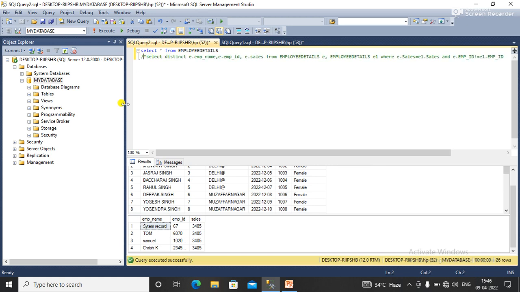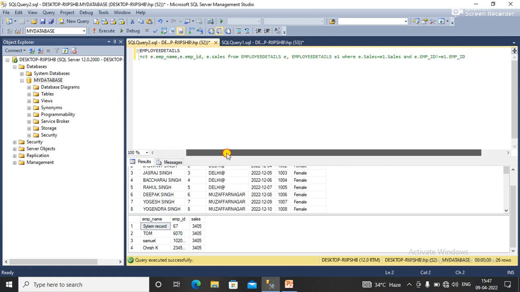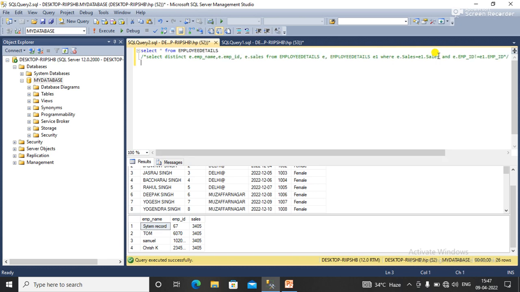Now I'm going to write a second SQL query to get the 50% data from the table. So how would I do that? For this, select star from table name employee details,